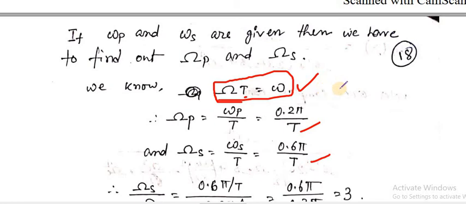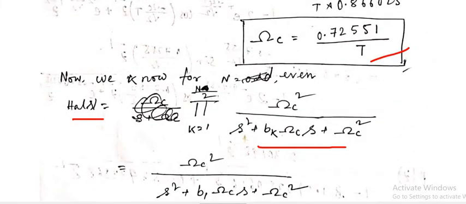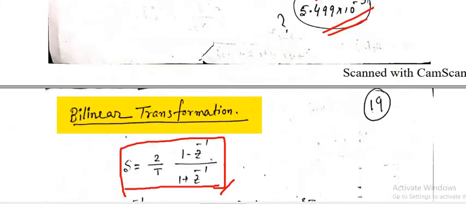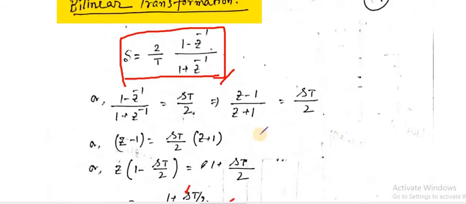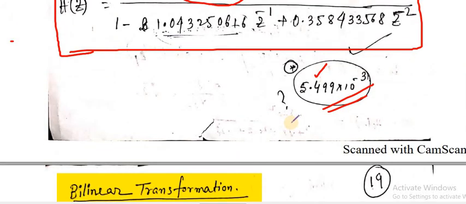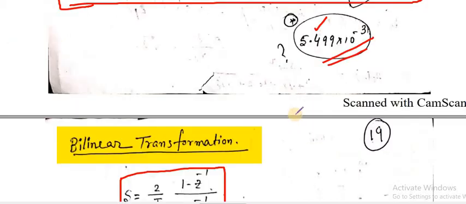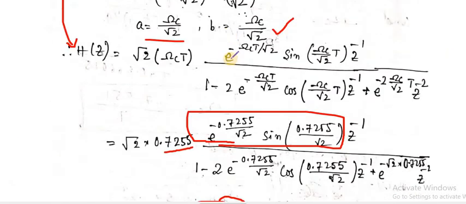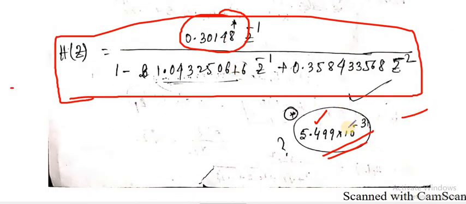In case of bilinear transform, it will be different. In case of bilinear transformation, this relation will change. By this formula, that's the difference. And you also have to evaluate the pre-warping frequency. We will also see how we can design an IIR filter using bilinear transformation. So this is all about the impulse invariance technique.